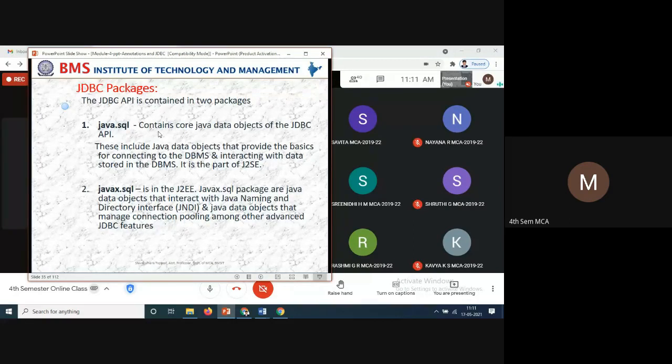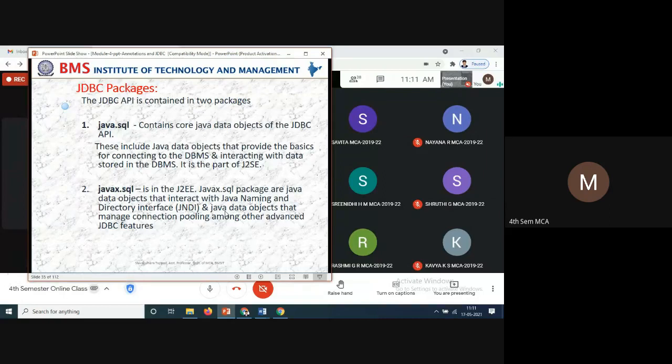After these packages, I'll tell you what steps are required to connect to the DBMS. Next is javax.sql. This is in the J2EE: the javax.sql package has Java data objects that interact with the Java Naming and Directory Interface.